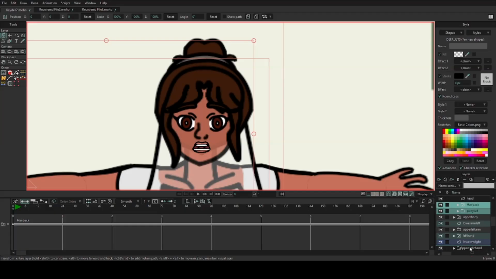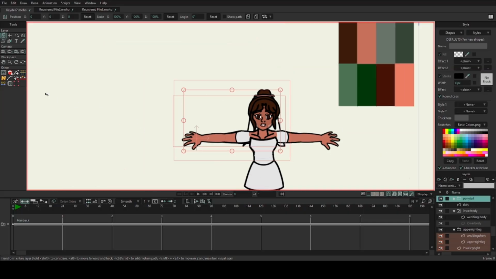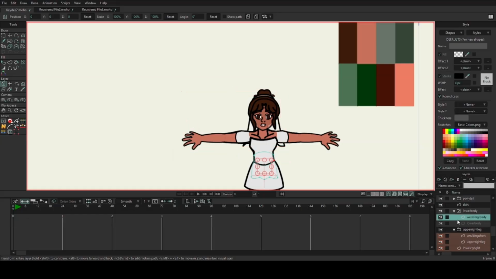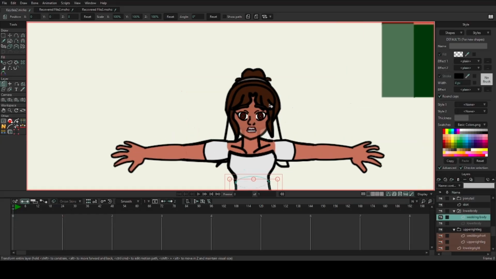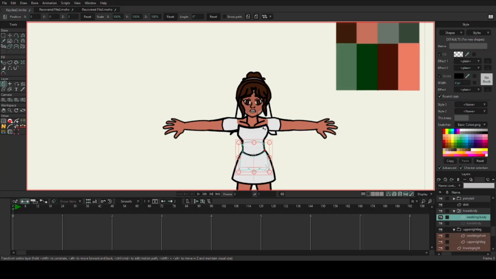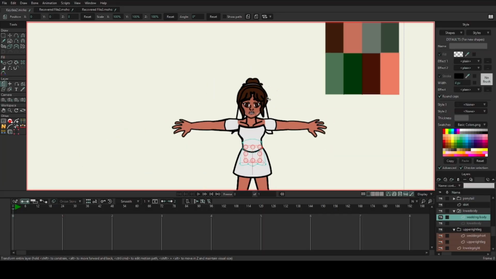I'm going to put these back here. Above the lower body, though. She's so cute. Is there anything I can do better? Probably.